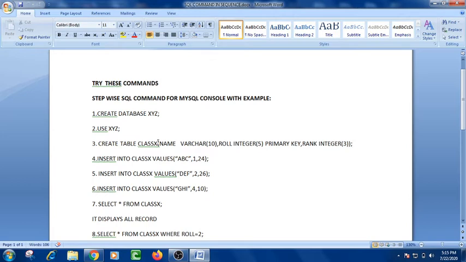Now one more thing that all of you must notice: there is a bracket just after the name of the table. You can see the open bracket here, and in the last the close bracket is there, and after the close bracket a semicolon is there. After defining the table, now I have to insert the values into the table. It means we are going to do the data entry for the table.